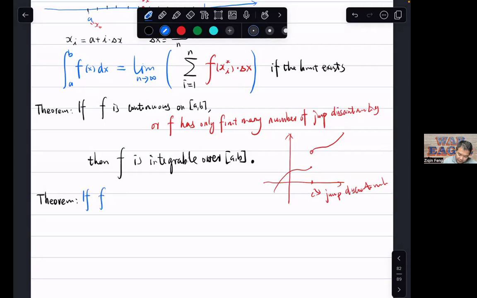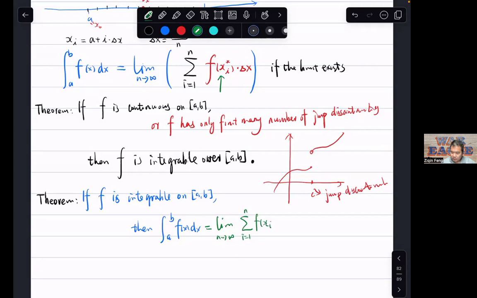If f is integrable, meaning the limit exists as a finite number on a b, then the integral from a to b of f of x dx